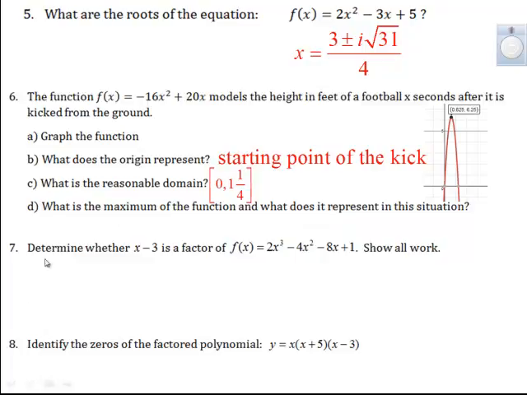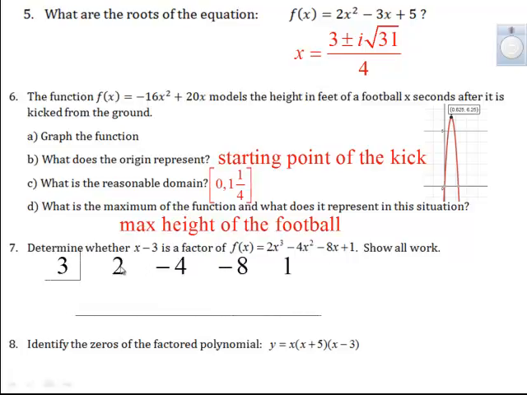Hold on. So it says, determine whether x minus 3 is a factor of this. Now, since it has a degree of 3, we're not going to necessarily be able to use the x, and I'm looking to see if I can factor by grouping, and I don't see that as well. So what we're going to do here is we're going to start using synthetic division. So I put the 2, the -4, the -8, and the 1. And then since the factor is x minus 3, we have to take the 0 of that and